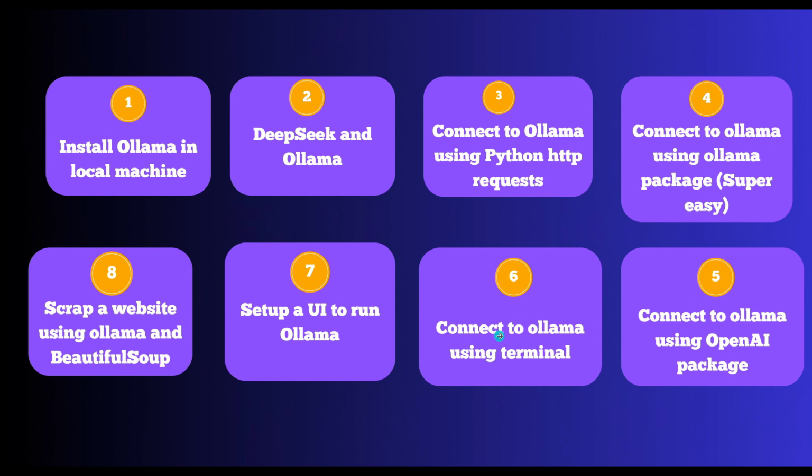Then we connect to Ollama using the terminal, the command prompt, or bash in Linux or macOS. Then we set up a nice, beautiful UI, and you can interact with the locally hosted LLMs through that UI. And we create a sample application to scrape a website using Ollama and BeautifulSoup. And then we send the whole text of that web page to the LLM. In this case, we use DeepSeek as the LLM, and we ask it to summarize the content of that